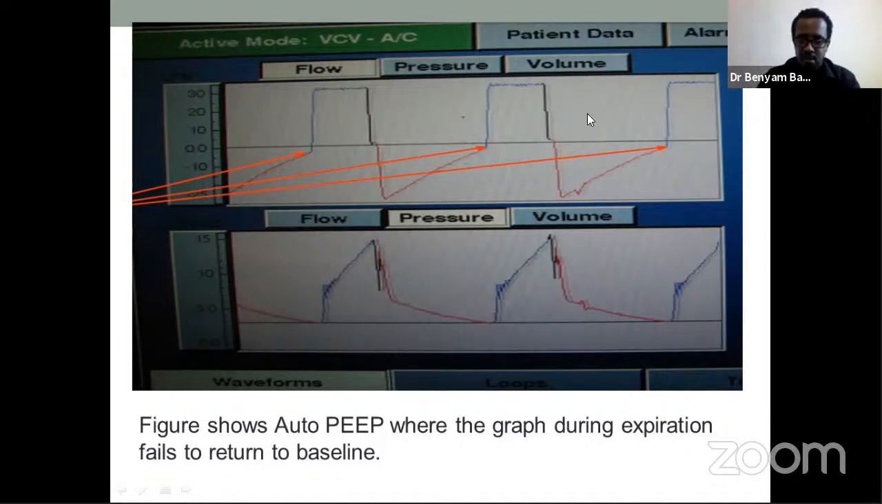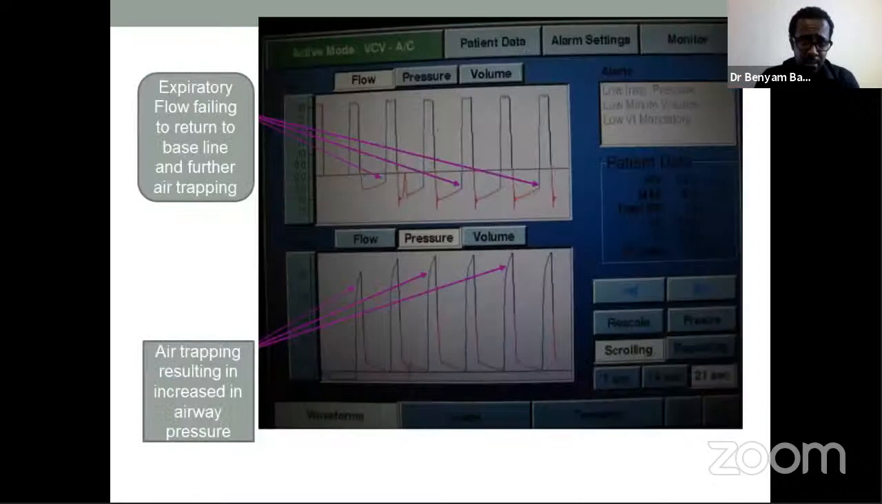So as this waveform at this condition persists, the trapping will increase time after time. The initial trapping was small, then almost doubled, tripled, even quadrupled here, and continues. So expiratory flow failing to return to the baseline further causes air trapping. This air trapping also results in